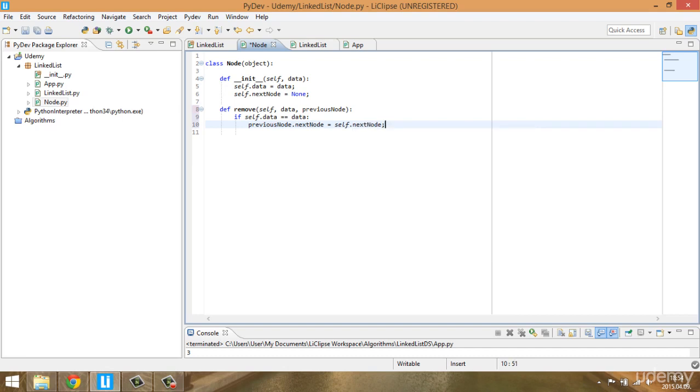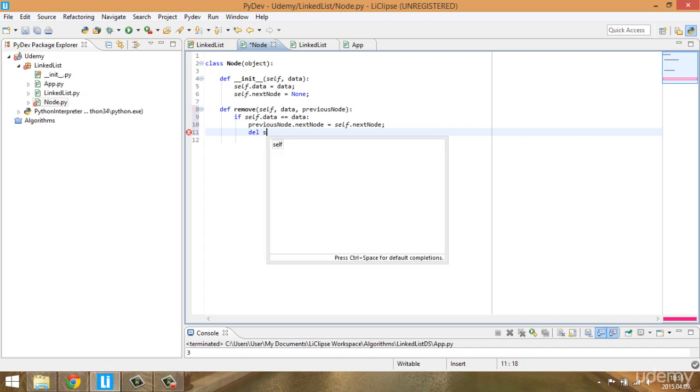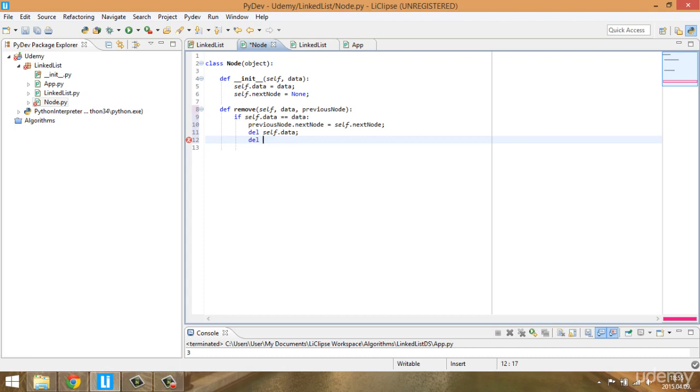As we have talked about in the theoretical video, we just have to update the references, so these next node references, and we have to delete them in order to avoid obsolete references and to allow the garbage collection to do its work. So we just have to get rid of the references, the data, and we have to get rid of the next node. Okay. And else